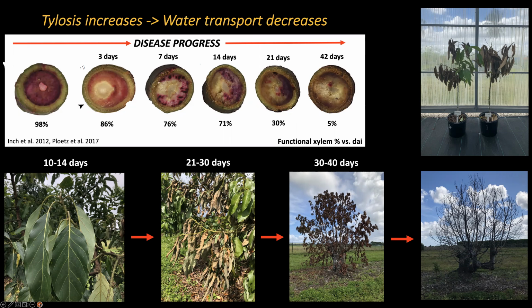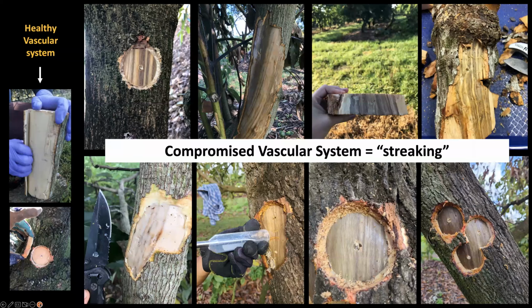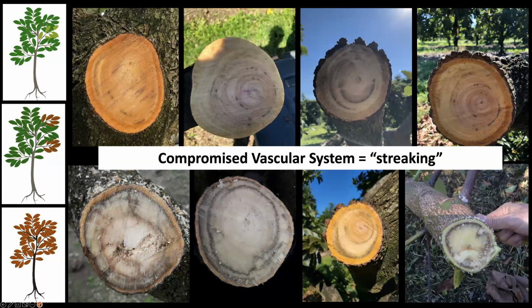The internal symptoms, and Monica is going to talk in detail about this, but just to let you know, they are pretty dramatic, depending on how many days have passed since the inoculation or since the natural infestation. And you will see a lot of death of the vascular system. Now, when you make a cross section, you will see a lot of these rings and staining, very typical of this disease. Whether you have little spots here and there, or the complete ring of xylem death of the new xylem, will depend on how many days since the tree was inoculated, and that's related to how you see